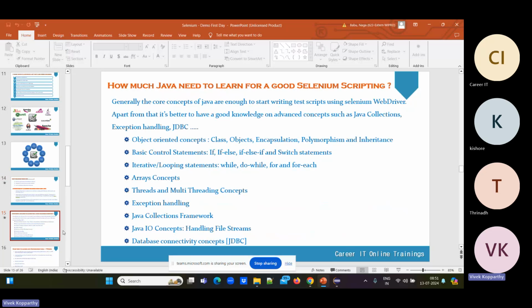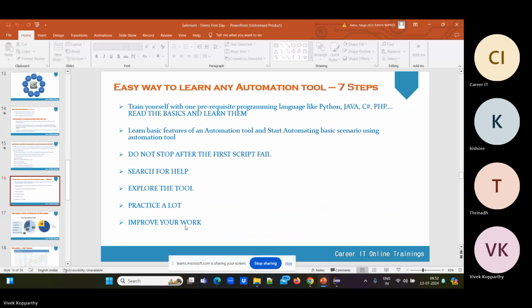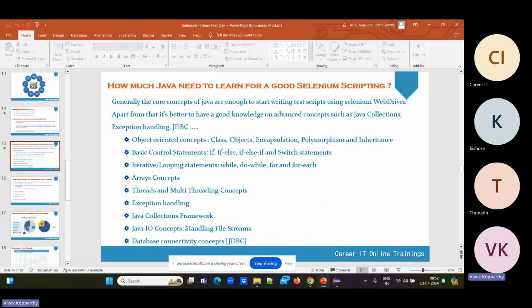Once we complete Java, then only we are going to do Selenium, then TestNG, then framework design. We are going to cover it from the very scratch level. So no need to worry if you don't have any earlier knowledge of programming. All of these things are required for our Selenium automation, and definitely we are going to cover all of them. Yes. So those are the things from my end.